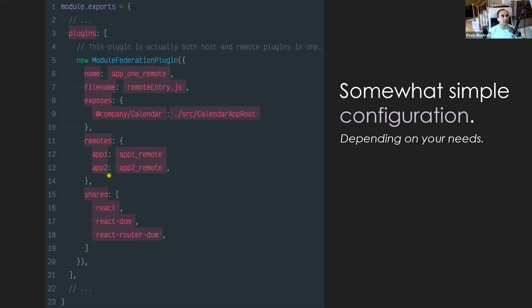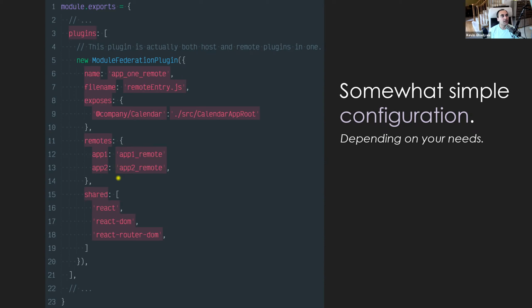So then there are these remotes here, and this name here is going to match this name here. So this remotes piece is for if you're a host. These three at the top are for if your component is loaded as a remote, and that's all in this remote entry file. This remote section is if you're a host, and if your application is a host, then these are applications, or micro front ends, I should say, that are